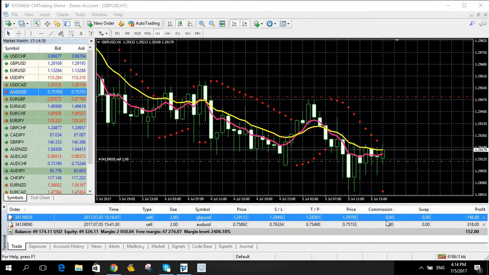Number one, do not place two or more positions in the same direction on a currency pair or any other tradable instrument because it is trending well and is giving profits. You have to stick to one trade at a time on that particular currency pair or any other instrument that you are trading at the time.